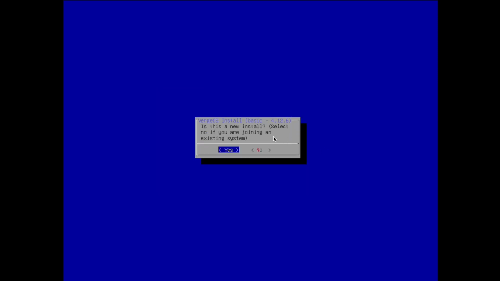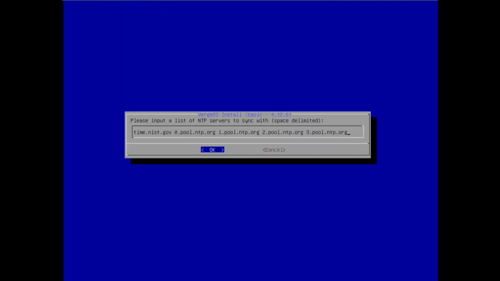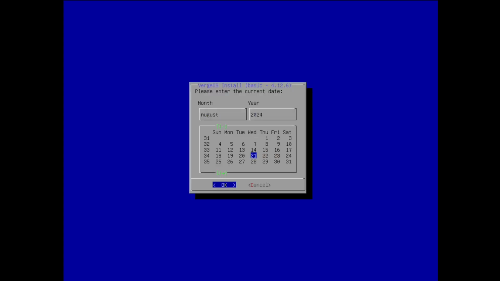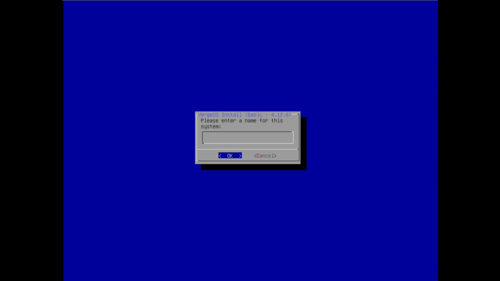And then when it asks me, is this a new install, I'll click yes, because this is my first controller. And here I'm just going to take the defaults, so I'm going to go ahead and click on America, and we'll click Detroit. I'll go ahead and take the default NTP servers. You can enter your own NTP servers, but these default ones work fine. Here I'll take the default date, the time, and it says enter a name for this system, so we're going to go ahead and call it